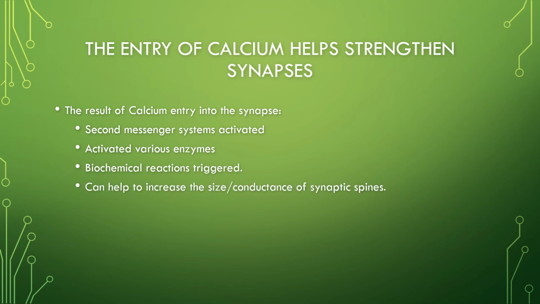And one of the things that we've seen as a result of all of these things happening is that you can get an increase in the size of a dendritic spine, which actually relates back to a change in the conductance of the dendritic spine. So what this means is that the dendritic spine gets bigger, and if you remember everything we talked about in